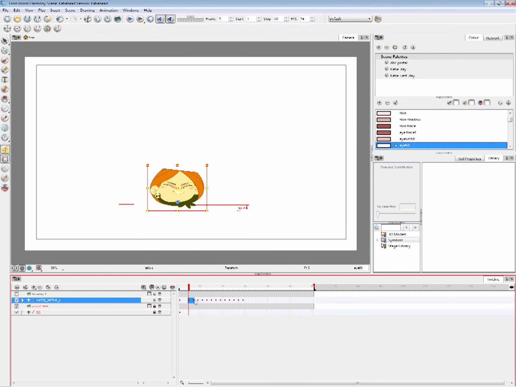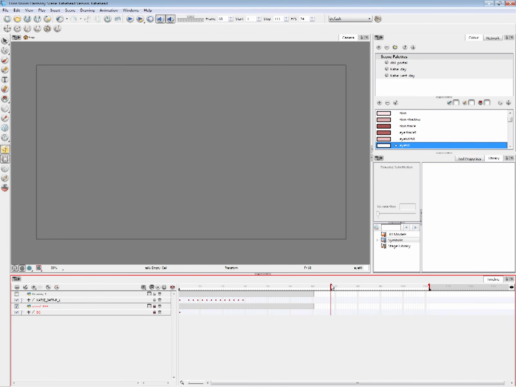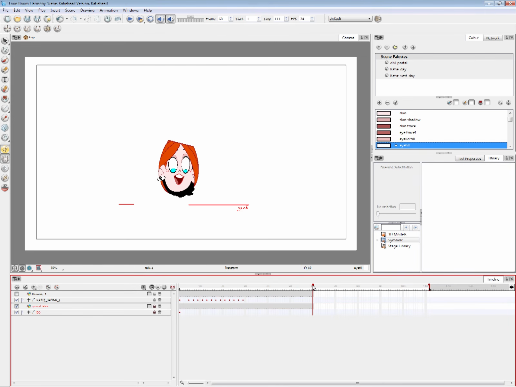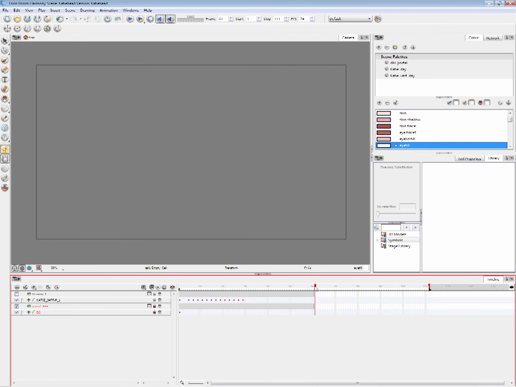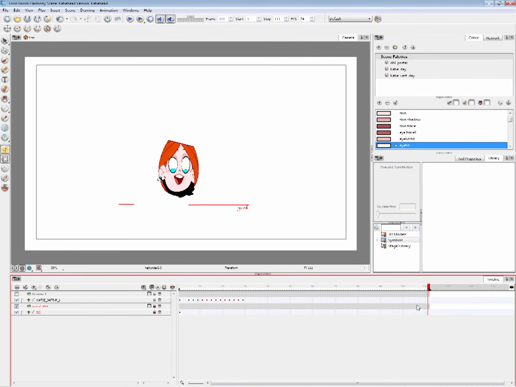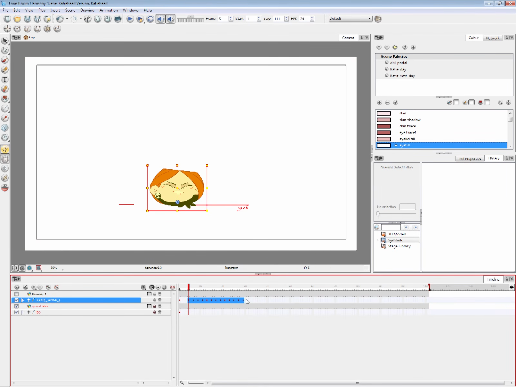Okay, I'm gonna copy and paste everything. Let's extend our scene here using this little red marker. I'm just gonna move it back, and see what happens once I get out of our original scene 60 mark. Everything disappears. That's because you need to extend all the drawings to the end here. So I'm just gonna select it all the way down and hit F5. That extends our drawings.